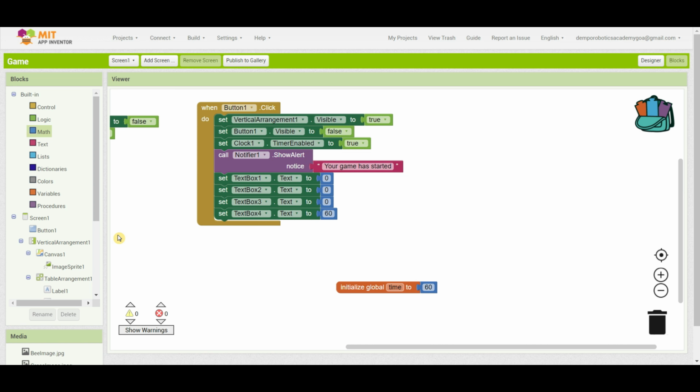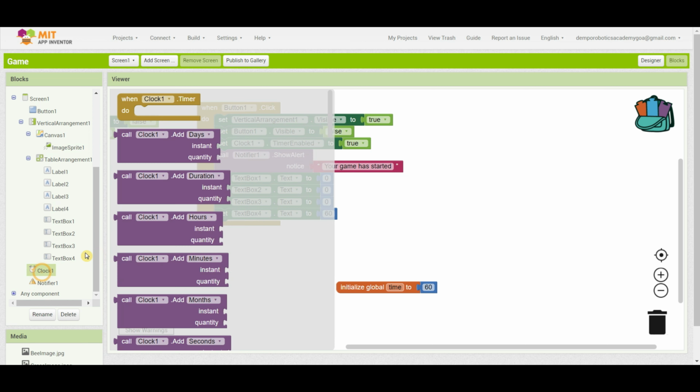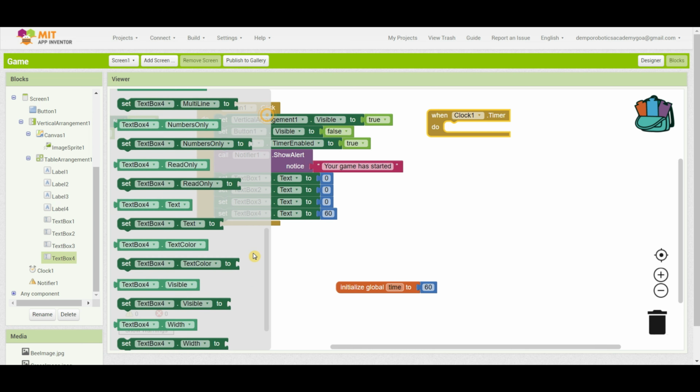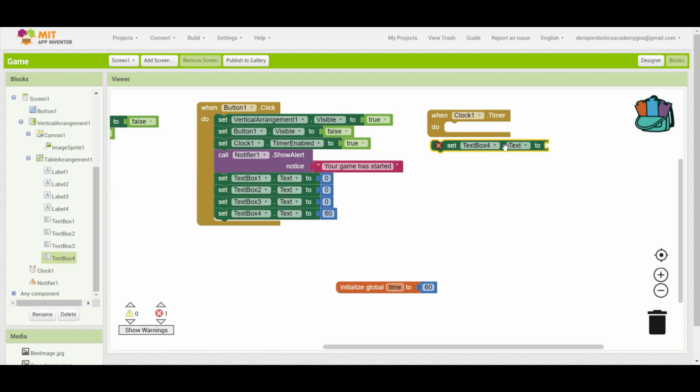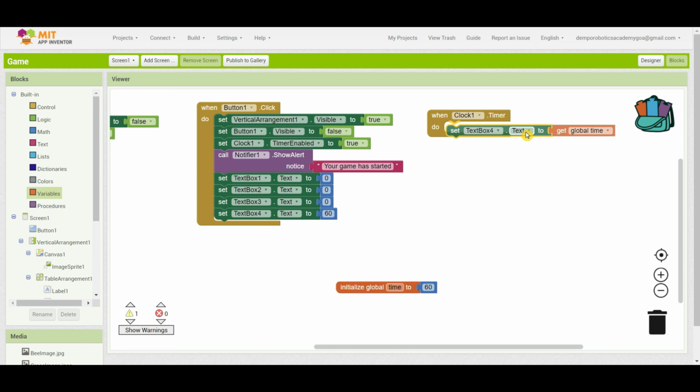Now let's code the clock 1 timer. First of all, scroll down to clock 1 and drag out the when clock 1.timer do block. Then go to the text box number 4 and drag out its text block. Then set its text to global time, which is our time variable, and drag this whole thing into the clock 1 timer block. Then go to control and drag out an if then else condition onto the clock 1 timer